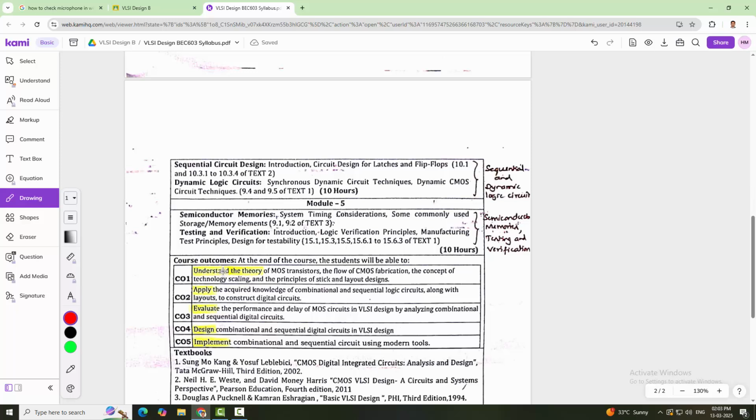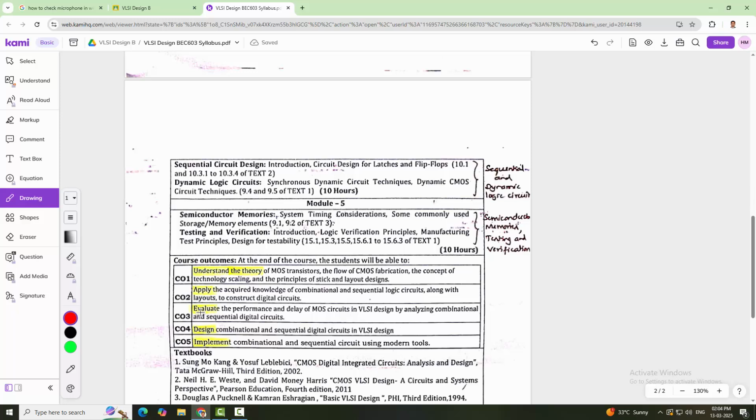So let us discuss the course outcomes. At the end of the course, the students will be able to achieve the following course outcomes. Course Outcome 1 explains understanding the theory of MOSFET transistors, the flow of CMOS fabrication, the concept of technology scaling, and the principles of stick diagrams and layout design. Course Outcome 2, where the key word is apply: we apply the acquired knowledge of combinational and sequential logic circuits along with layouts to construct digital